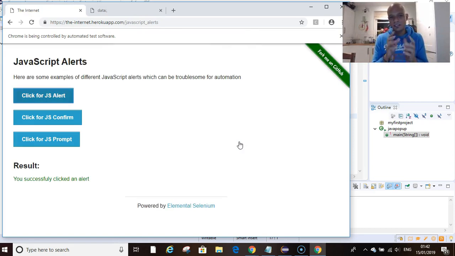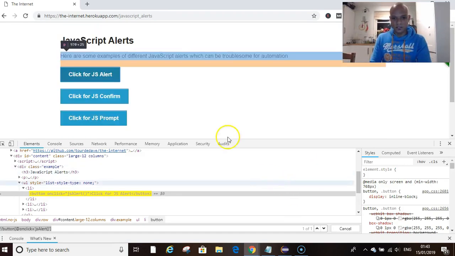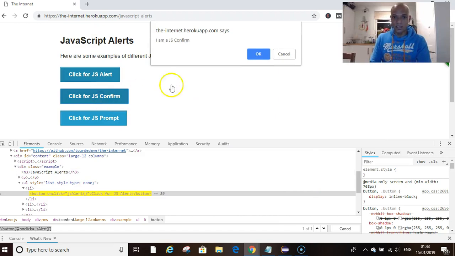It will be very fast. I think it will be very fast. So you saw it there, right? And it's actually, there's a result down there. If you see that, it says you successfully clicked an alert, right? So if we come out of that, and let's try to do this one, and then now we click on